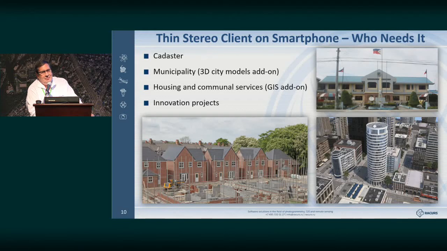The stereo server doesn't care what software is there. It could be hex maps, for instance. Anyway, maybe Intergraph or Leica. And remotely in stereo you could see the screen of Leica, Intergraph, or something else.